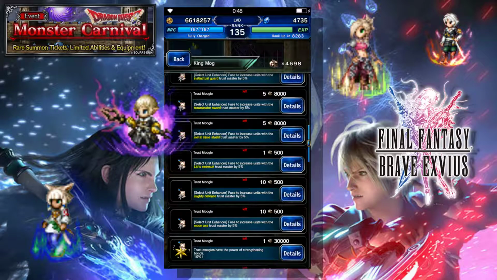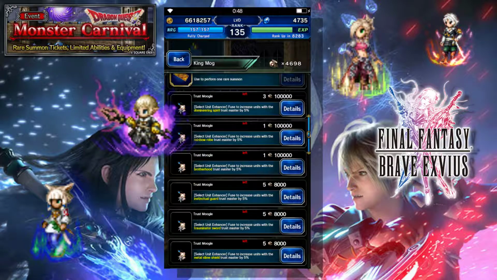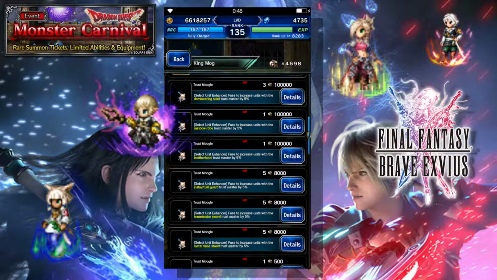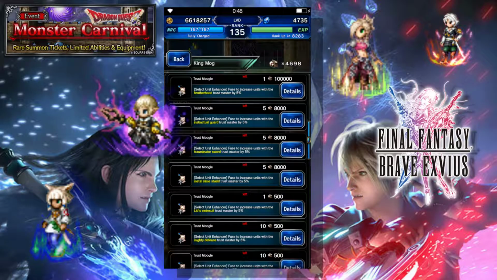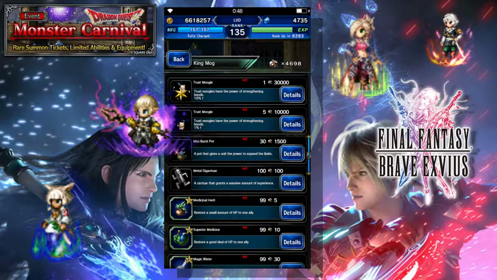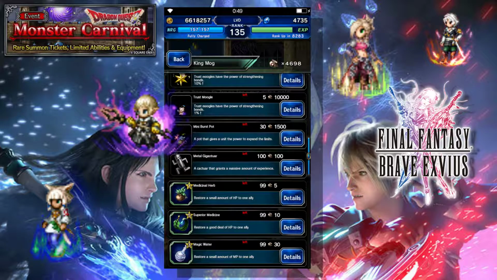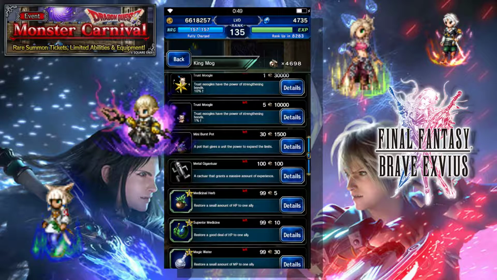Lid swimsuit, I'll probably get that just to help me out because it's really cheap. I don't have a lot of the units at the top though, so it's not going to be on my list of things to do. Metal Gigantors, always great if you need to level things up, but since this is going to be a raid King Mog event,